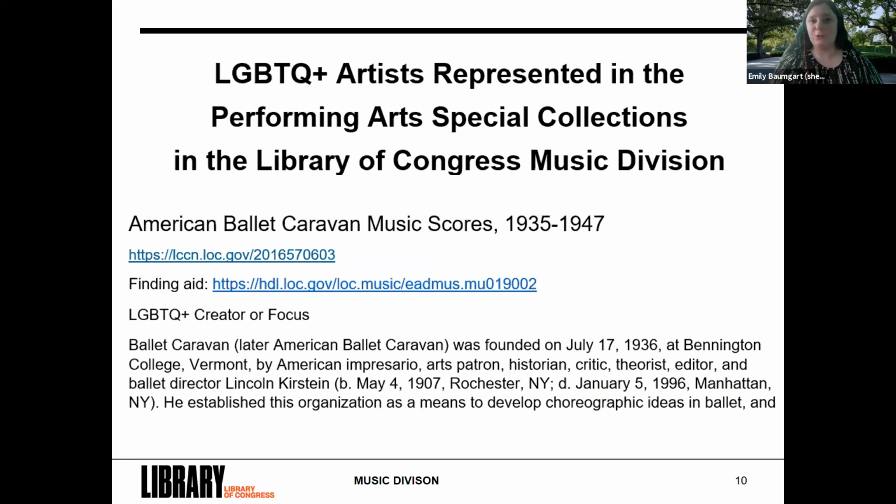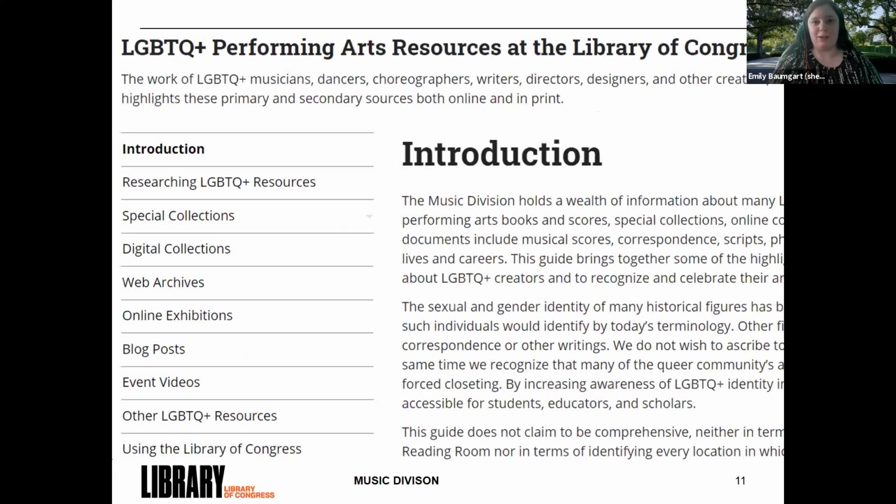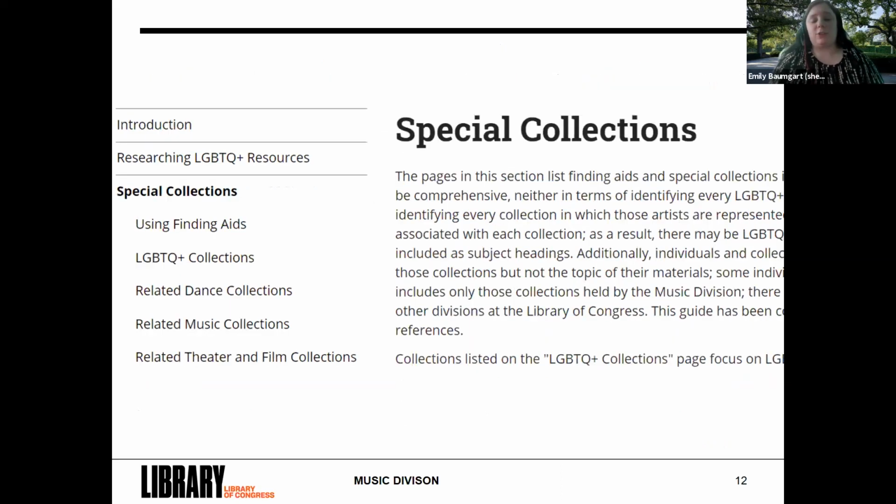And I mentioned in the abstract of this talk, we were working on making this a LibGuide. I'm happy to announce that that guide is now live. So it takes that same data from the static version and then expands upon it. We included web archives, online exhibits, other special collections we have in our holdings. So now that special collection section is much more dynamic and much more user-friendly.